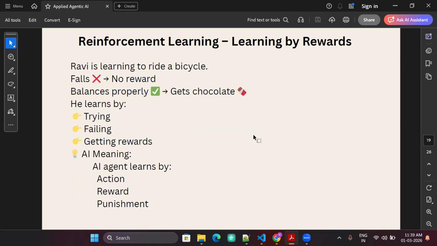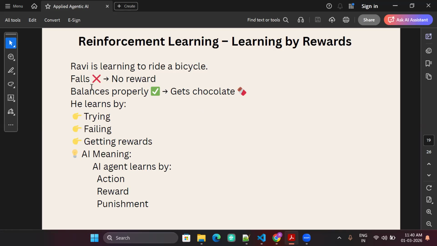Then there's another type of learning that we can use to make the machine learn, which is reinforcement learning. And here it's like a reward and punishment kind of mechanism. If you give a task to a particular model and the model does it properly, you give it some kind of reward, and then the model does things correctly more and more.